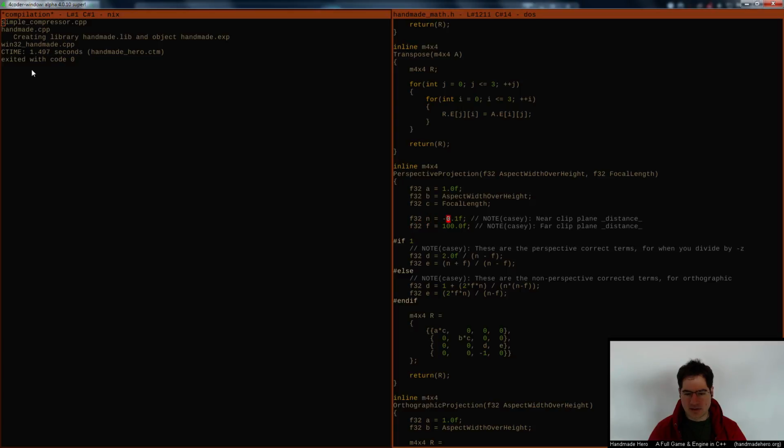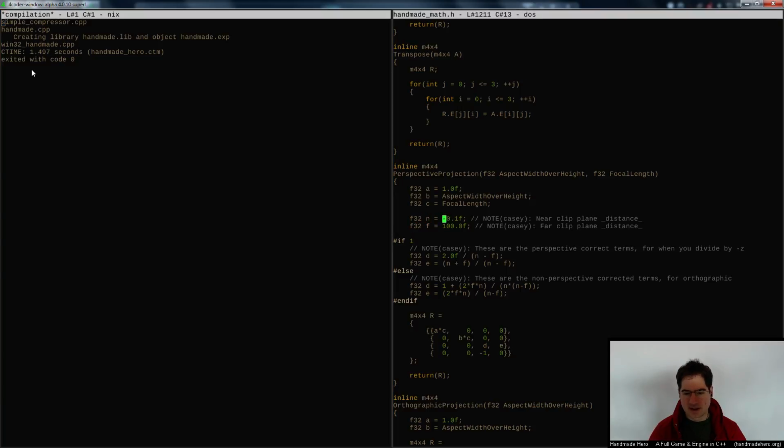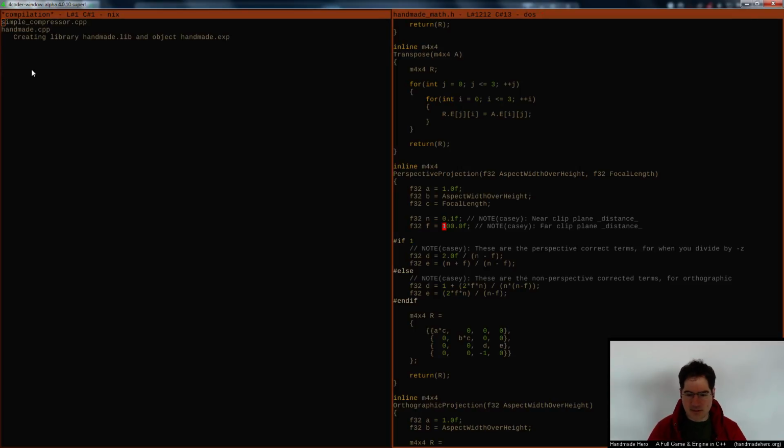Now that I look at it, this is probably Kim Jorgensen right in the chat saying, hey, the near clip plane is set to a negative number. Is that a bug? It is. I don't know when that happened. It may be that that's our only bug. I don't know, actually. That certainly could be the case. We may have other bugs. We kind of have to take a look